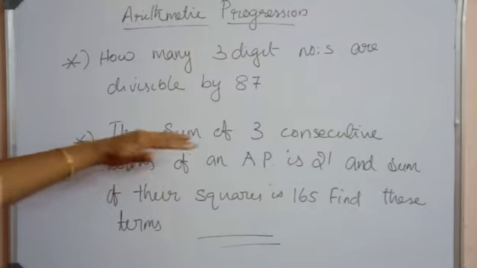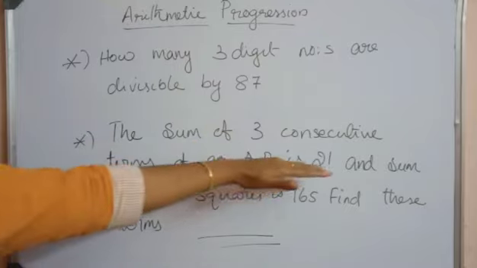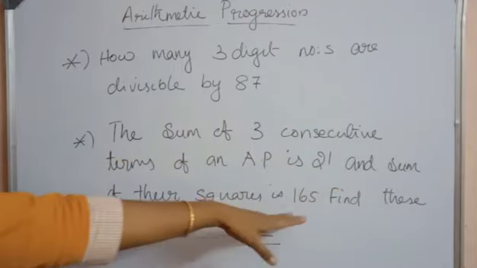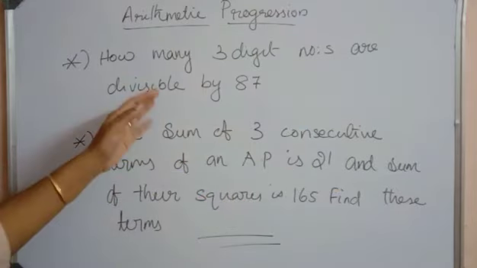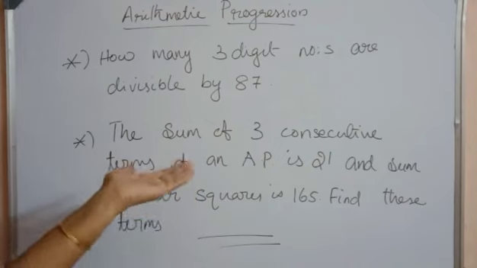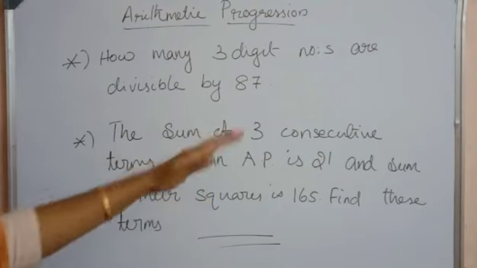And the next question is, the sum of 3 consecutive terms of an AP is 21 and the sum of their squares is 165. Find the terms. Here you need to consider a minus d, a, and a plus d as the 3 consecutive terms, and simplify and find the